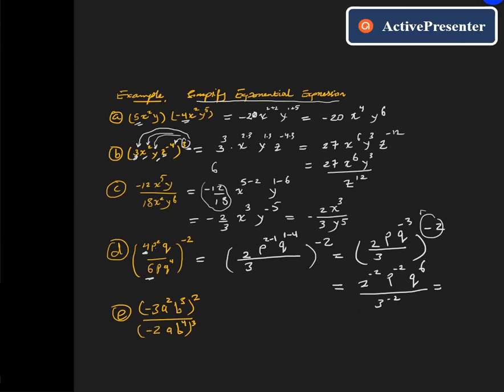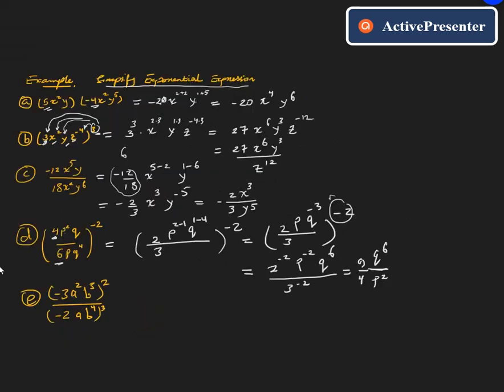So this is equal to 9 over 4 multiplied in p to the minus 2, but p to the minus 2 will go where? Down. Should be p to the power 2, and here q to the power 6 will remain the same. So we now finished the answer. Our last question is minus 3 multiplied in a square b cube to the power 2 over minus 2 multiplied